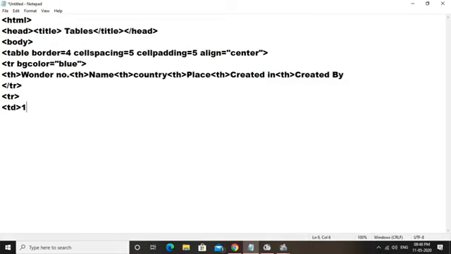What are the data? 1, then table data Taj Mahal, then table data India, the country name is India, then table data place is Agra, then table data created in 1631, and then table data created by Shah Jahan.